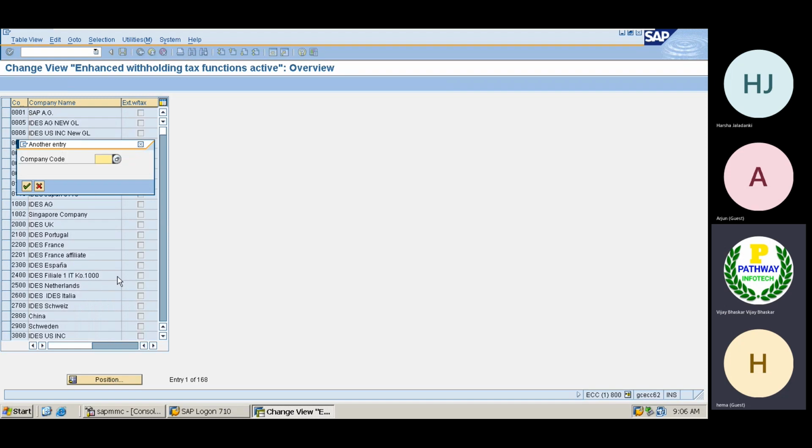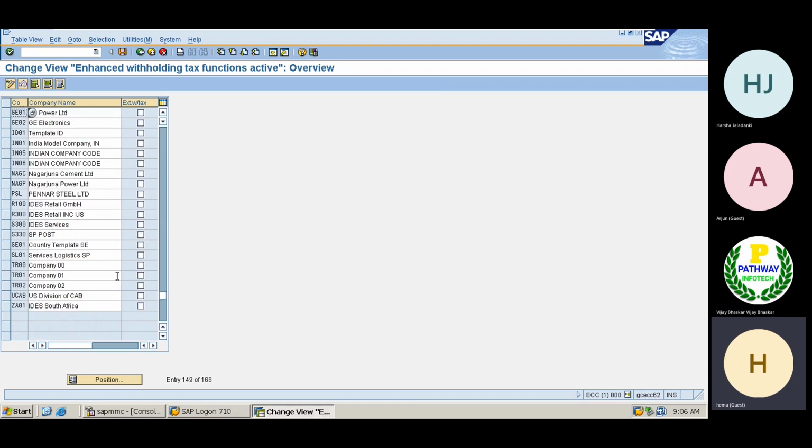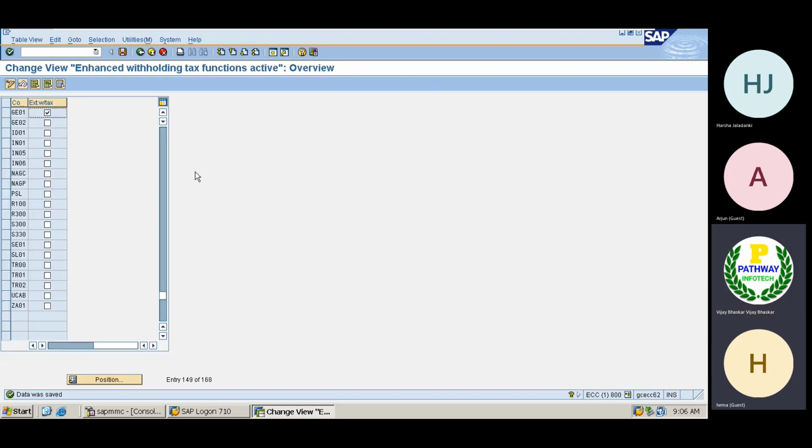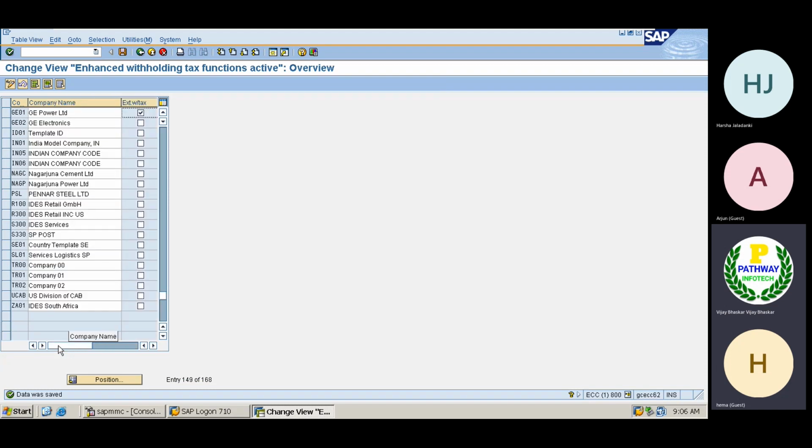Now go to here, the company code E01. Then you can select this checkbox. This means that for this company code we are activating the extended withholding tax. Okay, it's just a warning message only. Since it is a cross-module posting, that is the reason the system has given the warning message. Then